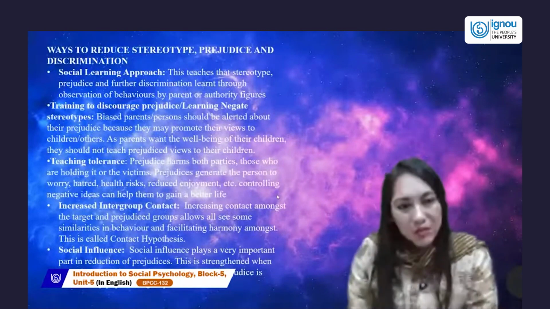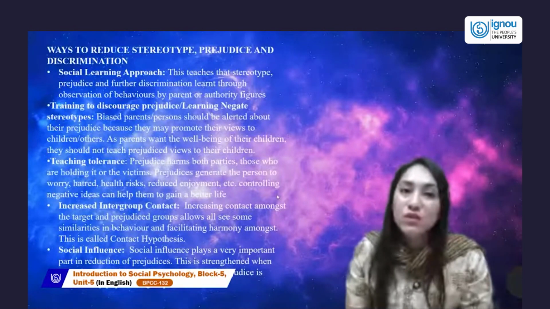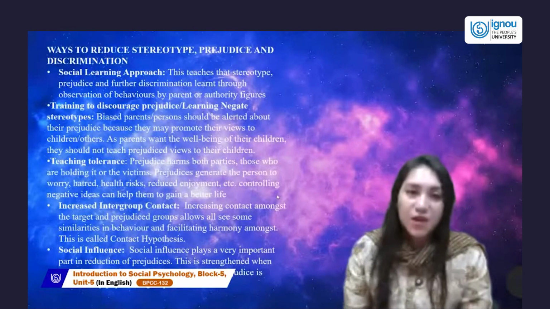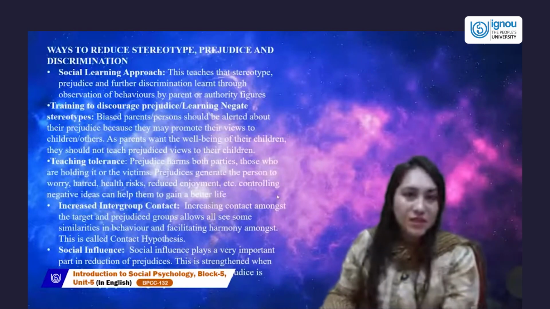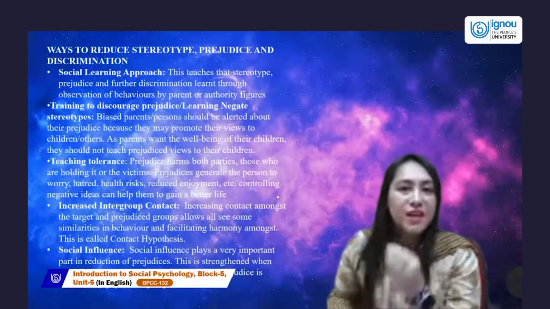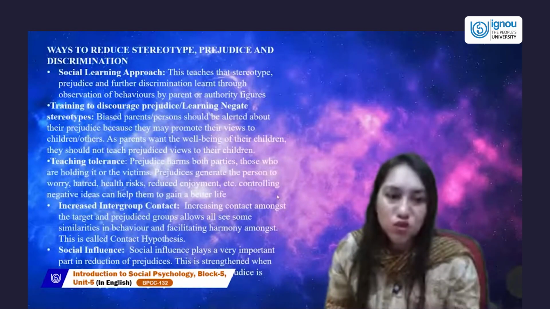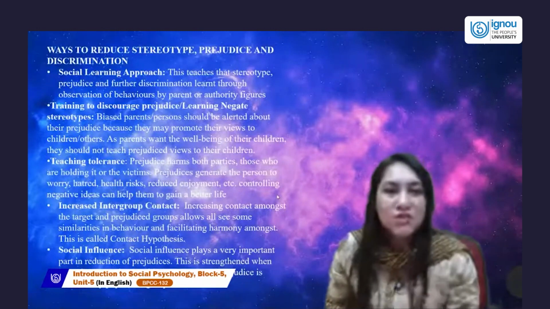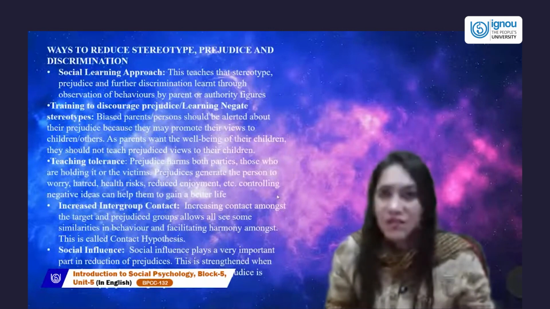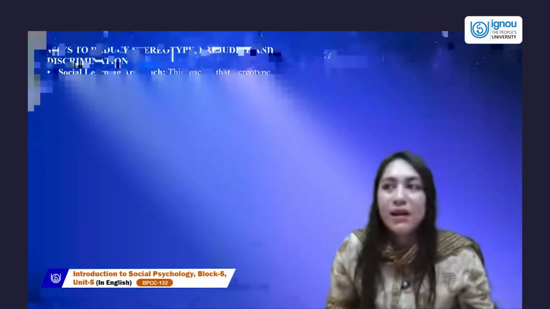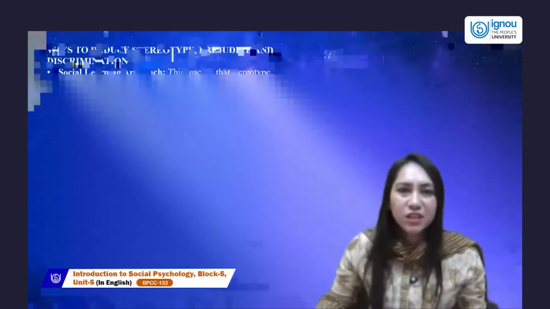Biased persons should be alerted that their prejudice is because they're promoting their own views in the children. So what do we need to do? We need to make sure that parenting is evolving with the passing time, in such a way that no notions, no negative attributes of other groups are given to children. So this is simply training children to discard stereotypes, discard forming an assumption about a certain group, and discard having a negative belief system about a certain group. So this is simply training your children.